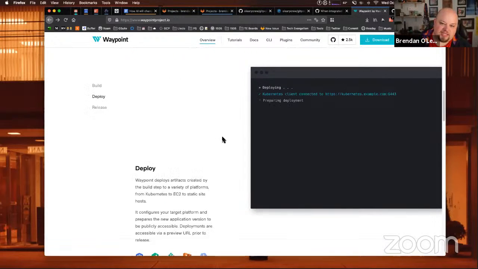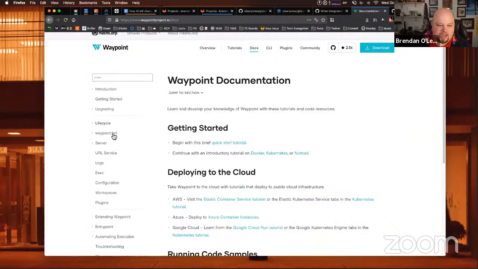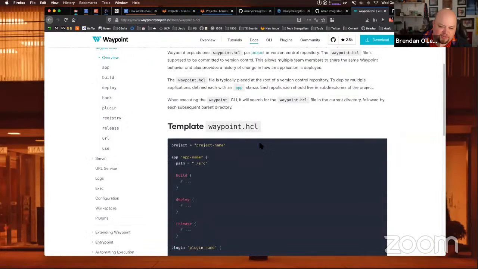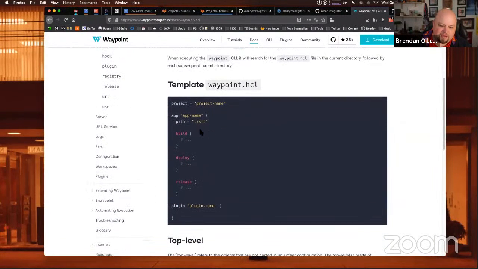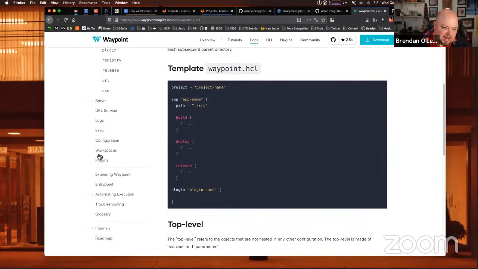So that's the basics of the idea, but at its core, it's really just kind of like a CLI tool that does that. And again, it's defined with an HCL file, so it might look familiar to the folks that may be familiar with Terraform, right? And this kind of HCL definition of what my app is, where it is, how I'm going to build, deploy, and release it. And then it has,